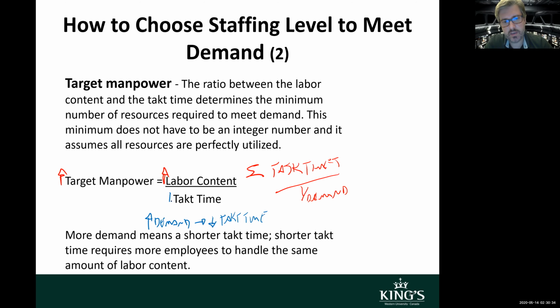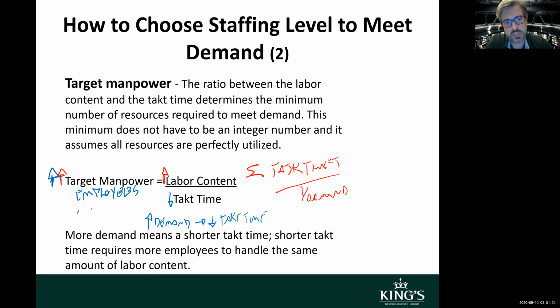So if this is small, what happens to my target manpower? Anything divided by a small number becomes a big number, right? So what we're thinking over here is that the higher your demand, the more manpower you need, the more resources you need. So this could be employees,